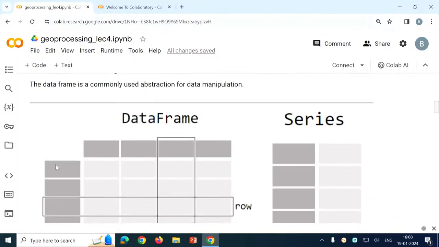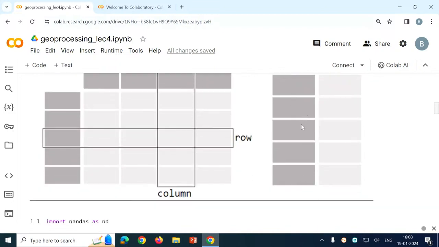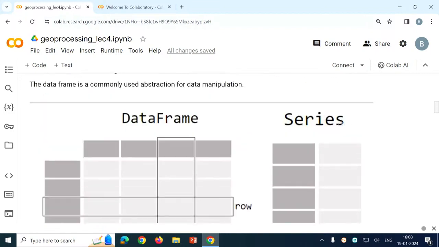As I said, Pandas is an excellent library for handling tabular data. Basically there are two core data structures in Pandas. One is called a series. Every column of our table is called a series. And when we combine one or more series together, that is our entire table, and that is called a data frame. So our entire table is called a data frame in Pandas, and